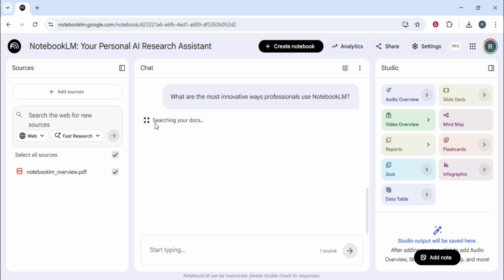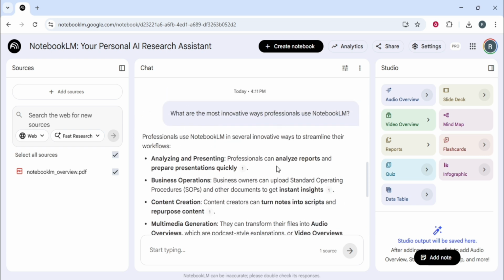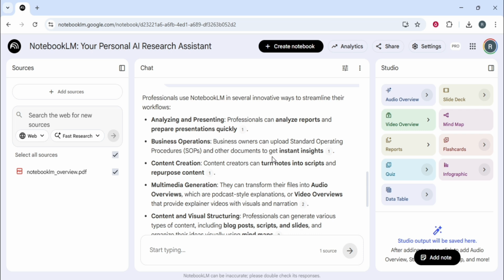As the AI searches through my document, it pinpoints key use cases and organizes them into a clear summary. The results explain how professionals can analyze reports, how business owners get instant insights from documents, and how creators can turn notes into scripts or podcasts. If I want to see more options, I click the source guide to see how different groups like students or